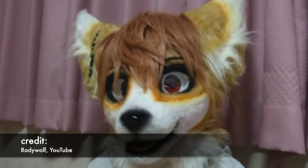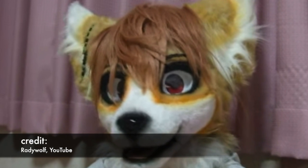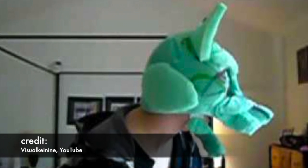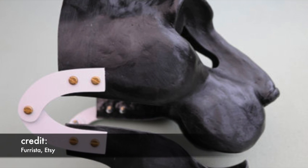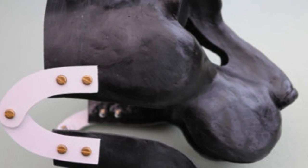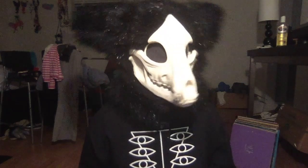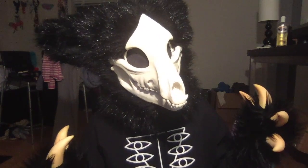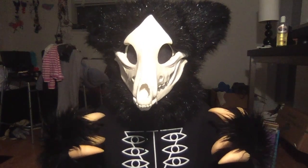While traditional moving jaws typically are created using pieces of foam, in recent years, more advanced hinging techniques and just more advanced techniques in general have led these to be more dynamic, more stable, and much easier to operate. So the first big innovation that I'm seeing more and more of is really new and interesting approaches to the classic moving jaw that you see on most suits,